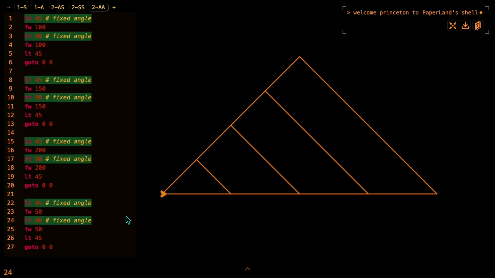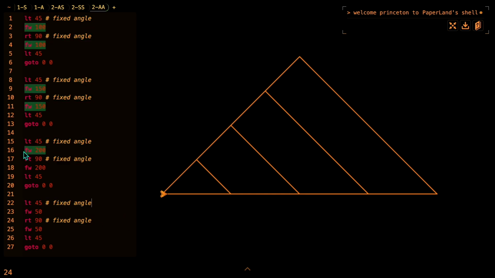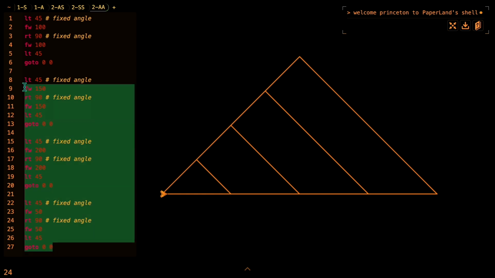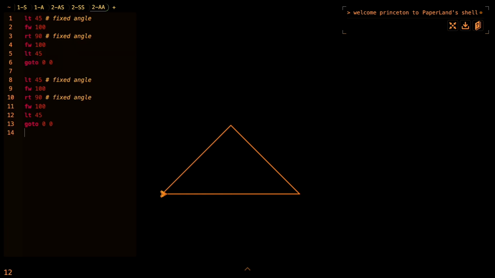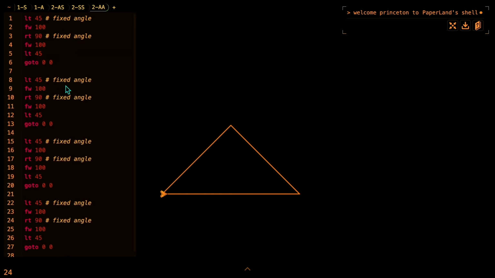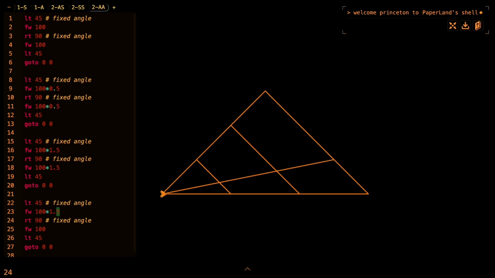Notice how the angles all stay the same and we only change the sides. If you were to look even deeper, you may realize that the sides are all changing by the same amount. This means we can simply add a multiplier on the sides to create our different triangles.